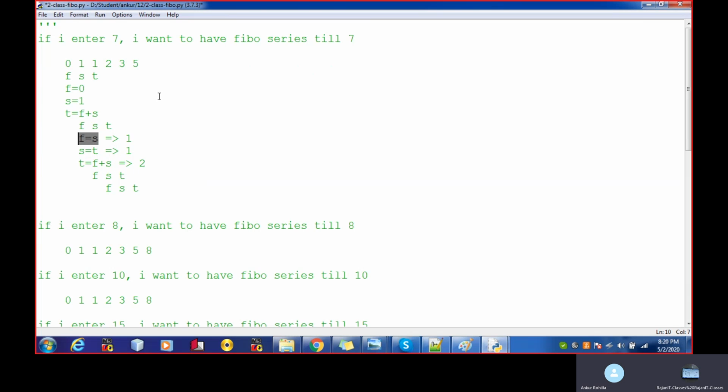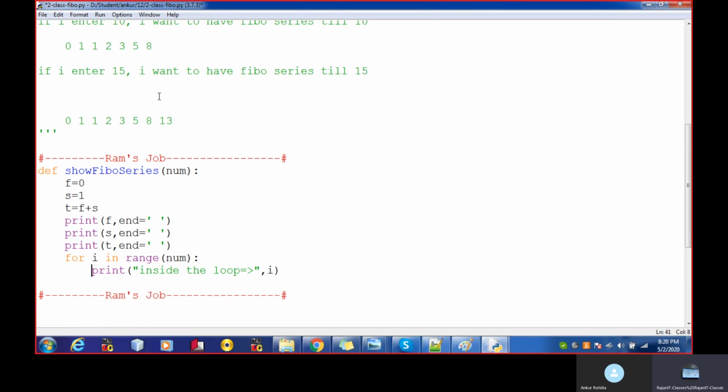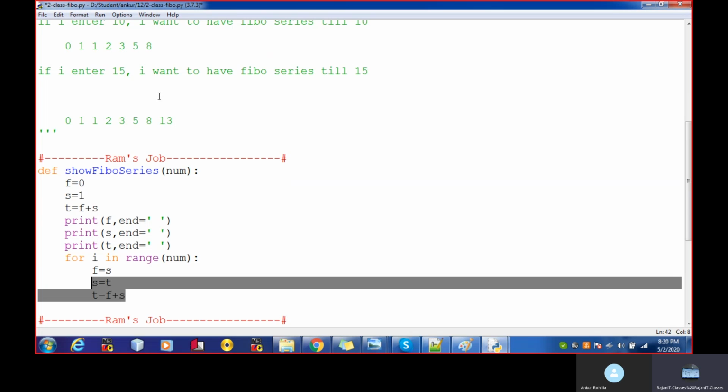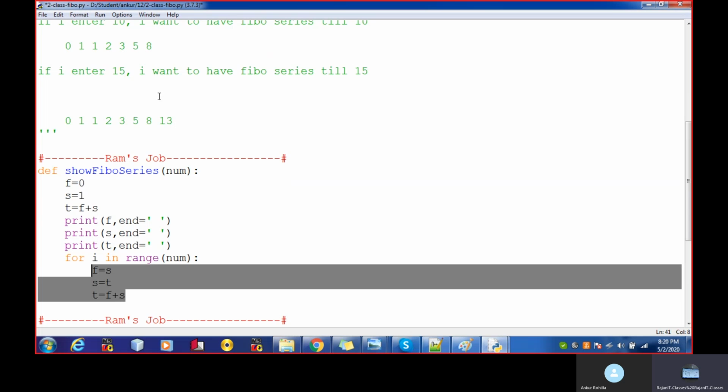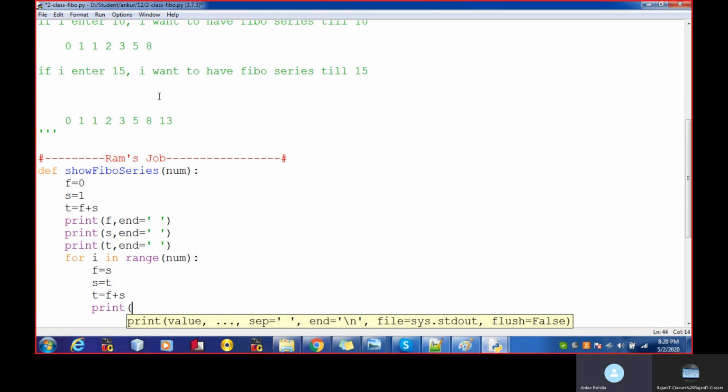Let's copy this part here and put it inside the loop. This set of instructions will be repeated a number of times depending upon the value kept in num.